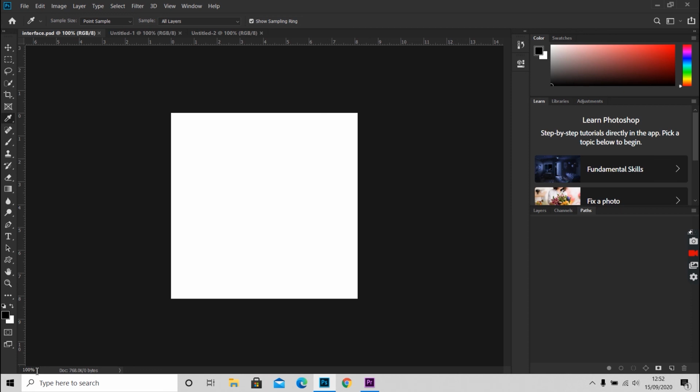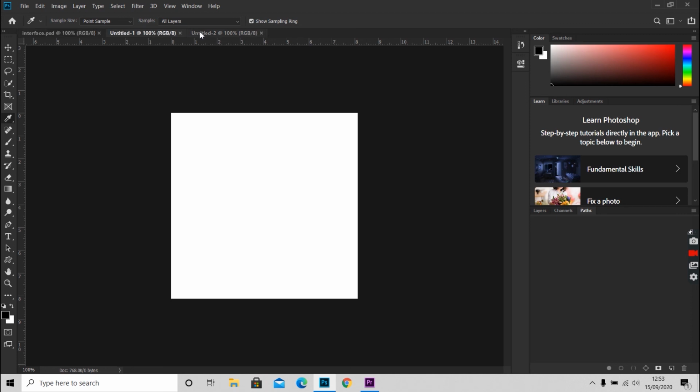Next, we will be looking at what the document tab is. When we make a document, we have the name here. This is what we call the document tab. If we have multiple documents open, we have multiple tabs here.